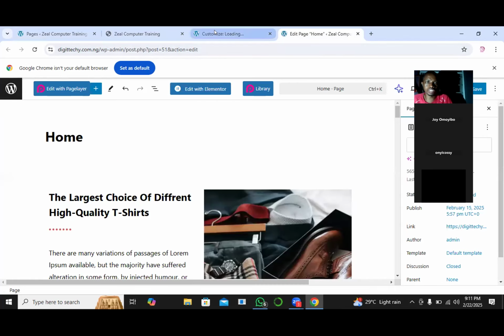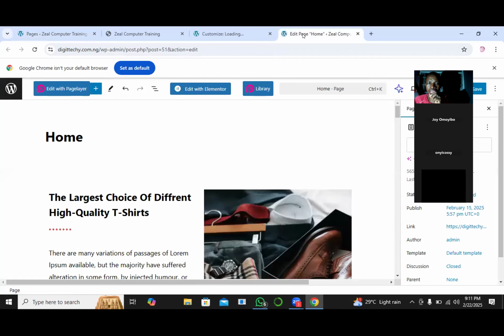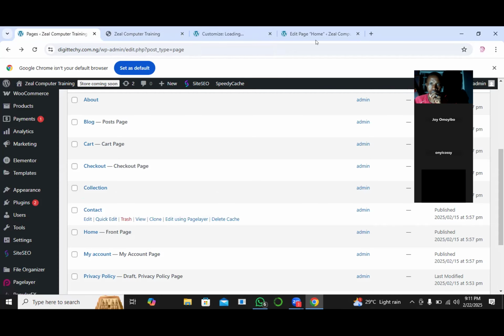Okay, good. So you can see that I've been able to access. Remember the option that brought this? The option that brought this is this, the one I click on, quick edit. Quick edit. Please, let's take note of that. I don't know how strong your network is, so if you want to go to page layer straight away, click here. Then you can as well view the page and then from there switch to the customize, and that will also give you this. But why I prefer this very one, the option of clicking on edit, which brought out this,